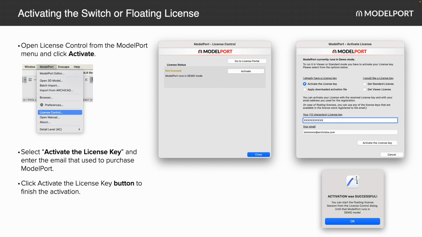So how does this work? How do you activate the switch and floating license? Is that different from the standard? Well, the answer is it's exactly the same process as the standard license with a few additional features that will